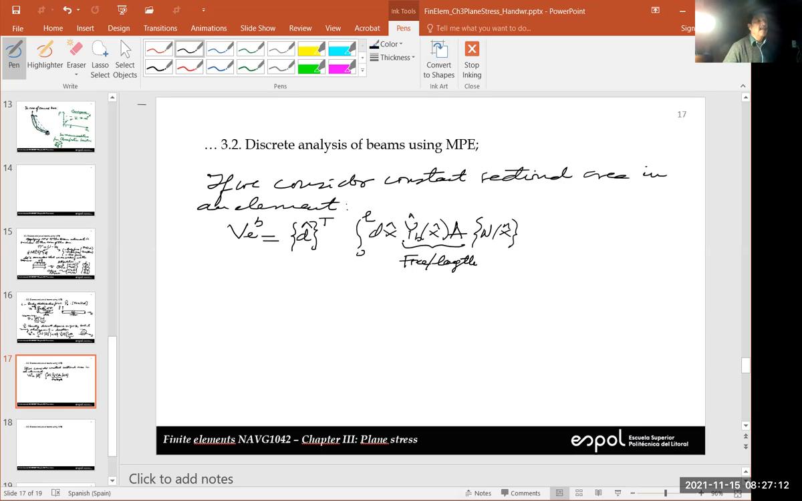Remember, this is force per unit volume. If you multiply this by area, the result is going to be force per unit length. Okay, so as an example, this is the general expression. Once you know this, you can integrate. As an example,